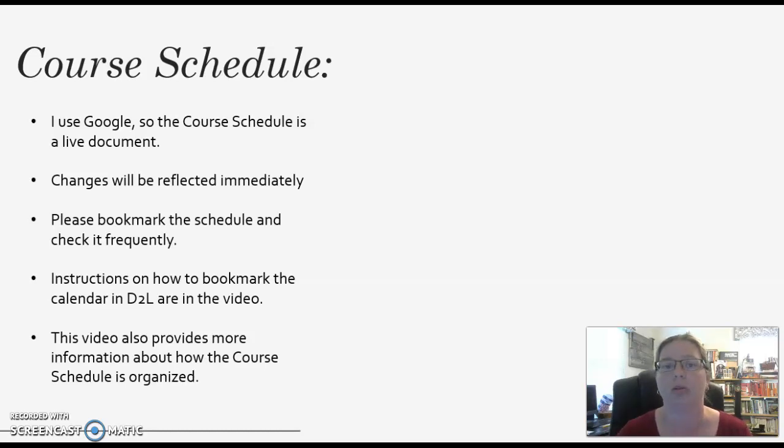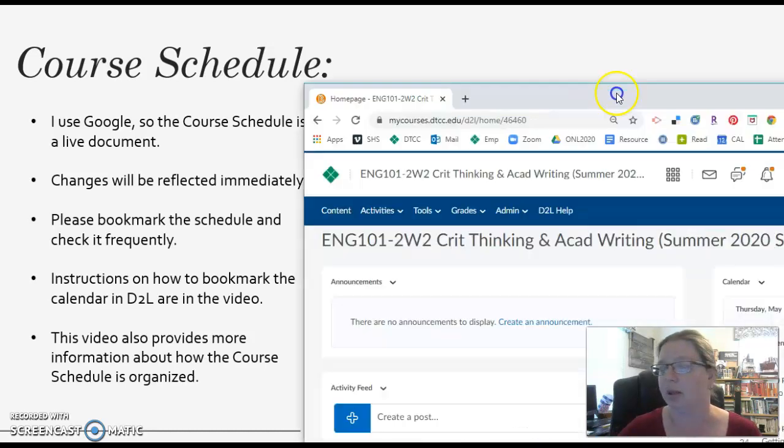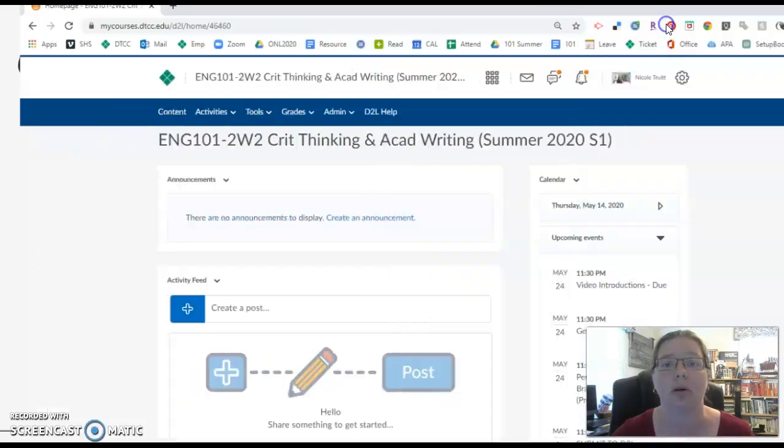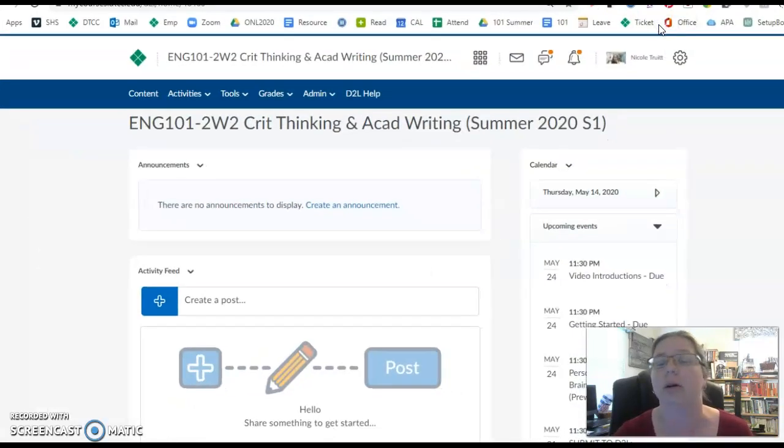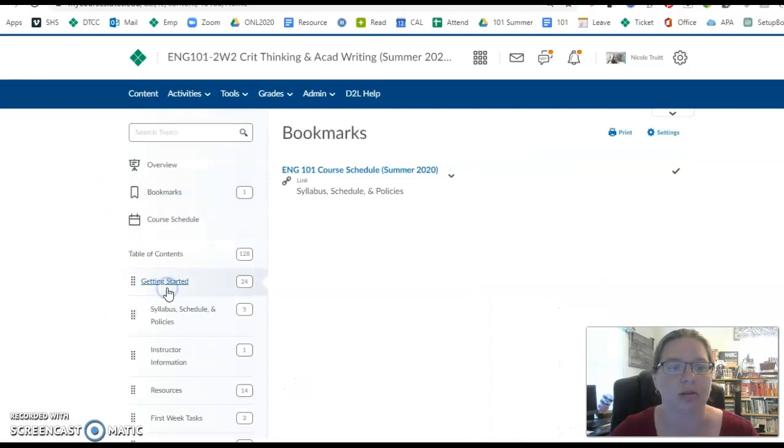You can either bookmark it using your web browser or you can bookmark it through D2L, and I can show you how to do that in a minute. But the most important thing is to make sure that you're looking at all the elements of the course schedule and you understand how to use them to their best significance. That doesn't really make sense, does it? I hope that you can use all of the elements of the course schedule to help you be successful. That's better. So we're going to go to content, and we are going to go down here to getting started,